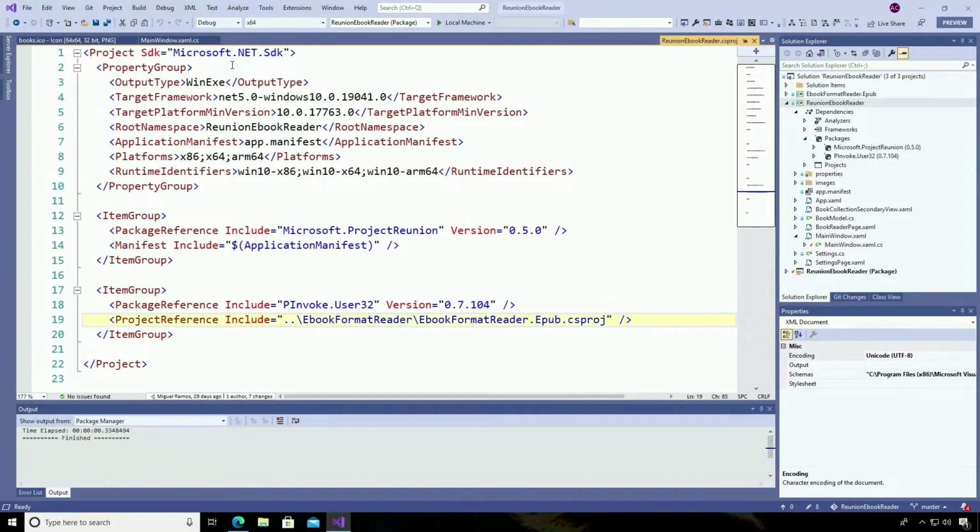And you notice it's a .NET app. I'm producing a WinExe. I'm targeting .NET 5 in this case. But I'm also targeting x86, x64, no big surprise, but ARM64. Project Reunion makes it a lot easier for you to target ARM64, which is going to be key for future Windows devices. And if you look at this, I have a reference to the Project Reunion NuGet package, 0.5. And I also have the pinvoke one there to make it easier for me to actually get access to my Win32